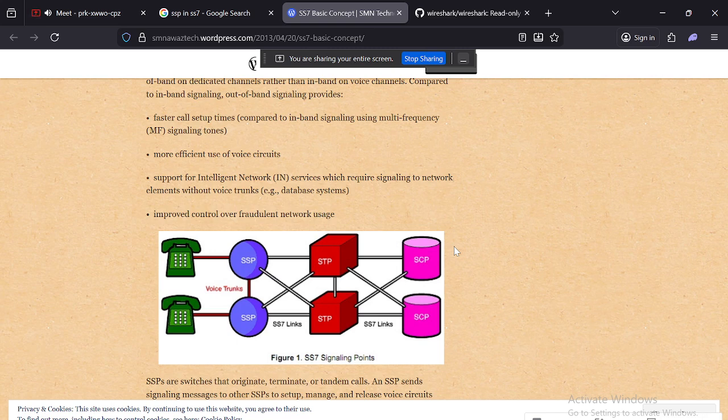And service control points. When it comes to service control points, the HLR, the home location registry, stores mobile subscriber information, and the visitor location registry is a temporary location where the subscriber is roaming. And also LNP, local number portability, keeps track of ported numbers. Like you have AT&T and you want to shift to T-Mobile, you have to port that number. You have to give your identity, and that will be 100% trackable on your phones. Otherwise, your SIMs also.